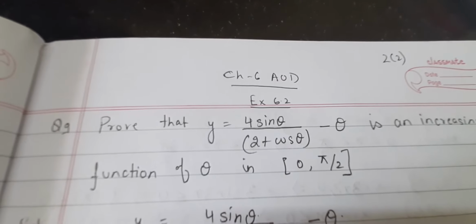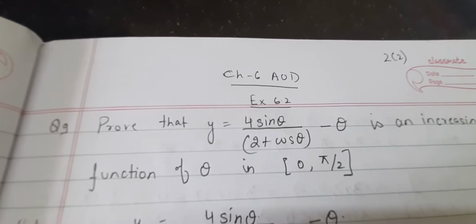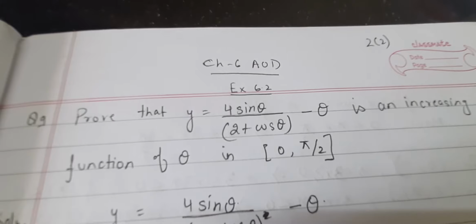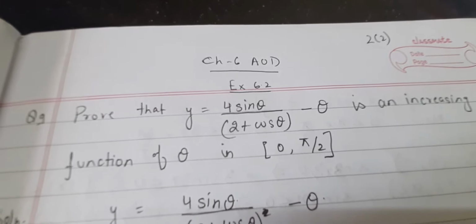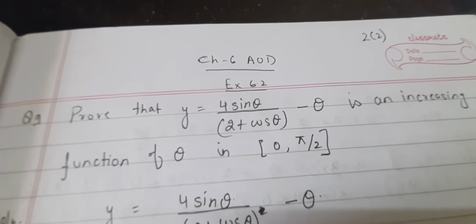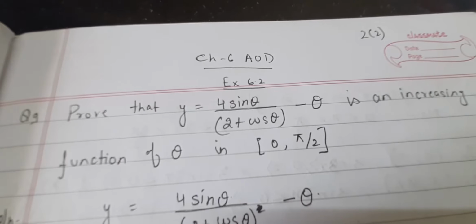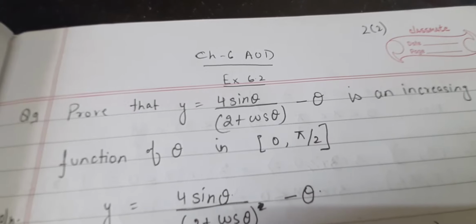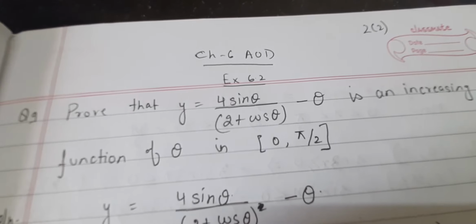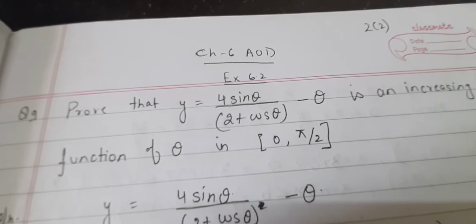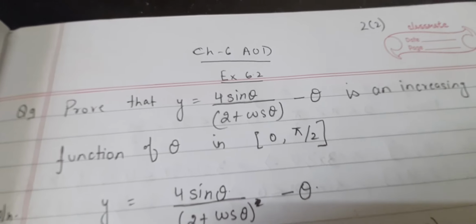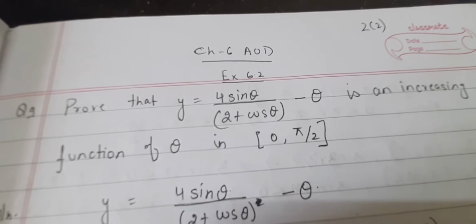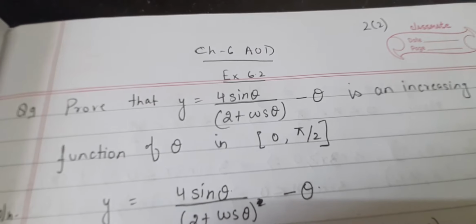In my last video I had discussed the increasing and decreasing function, and I told you how to see whether a function is increasing or decreasing using graphs, as well as how you will approach it from an examination point of view. I told you when f dash x, the derivative, is greater than 0, then the function is increasing in a particular interval, and if f dash x, the derivative of f x, is less than 0, then the function is decreasing in that interval.